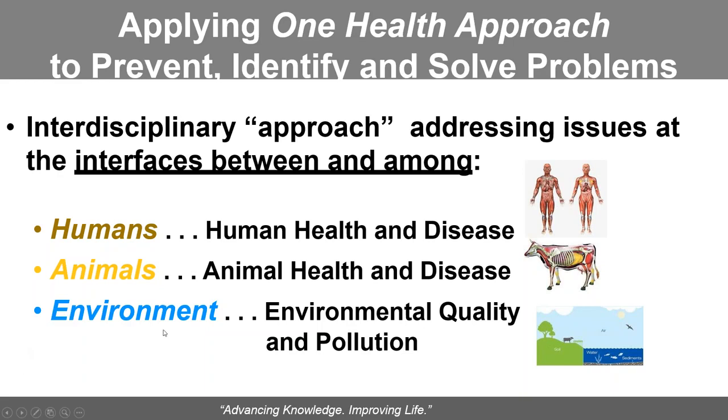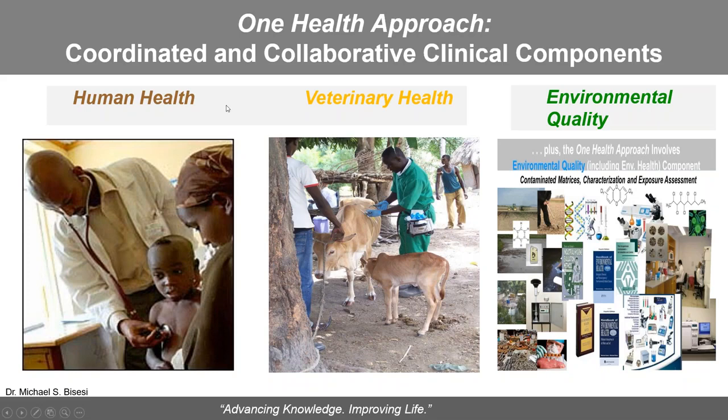So the environmental contaminants can be broader than the biological. It can include chemical and physical. And the organisms, humans and animals, can also include plants as a third category. But from the perspective of understanding One Health, human, animals, and the environment, that interface is the original paradigm. This is just a diagram of those three components: human health, animal health, environmental quality. Sometimes they say environmental health. It's really environmental quality. Okay?